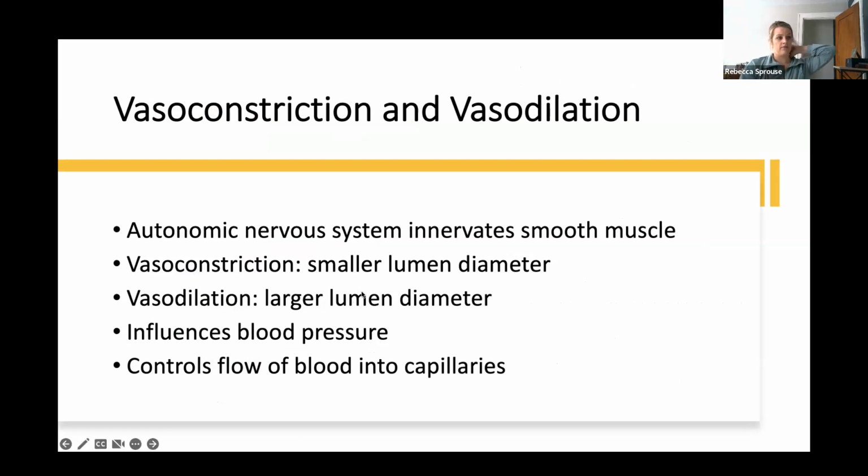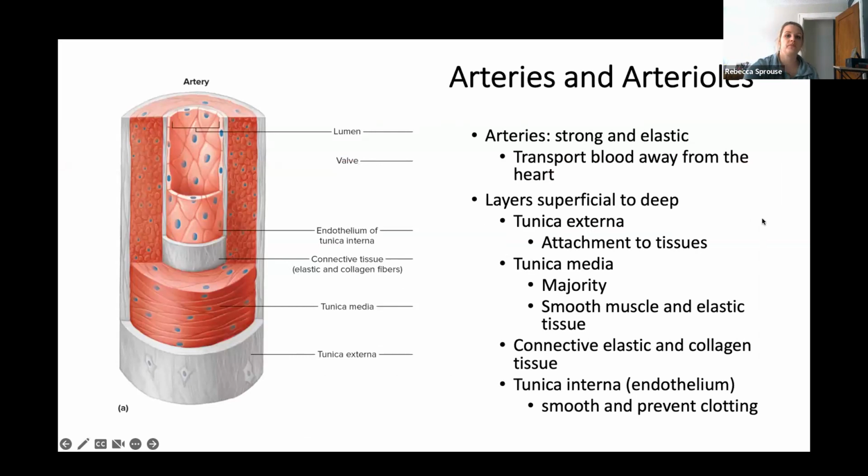So if you have vasoconstriction, you are going to have a smaller lumen diameter. And when we talk about the lumen, we're talking about the opening here. So I'm just going to draw, here's my lumen. Here's the wall. Okay. So when you have vasoconstriction, you are making that lumen smaller. If you have vasodilation, you're making that lumen larger. Okay, so this is constriction, this is dilation. All right, so